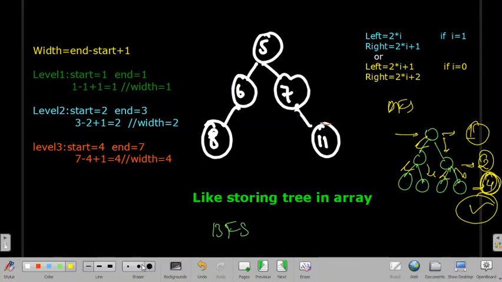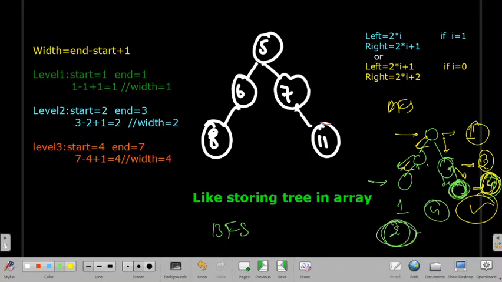But what if my tree is like this, like this, like this? If we do BFS, from here we have only one node, and from here we have only one node. So total on this level we will have only 2 nodes, but still we have to write 4, because if we are finding width, the width will be 4. But if we are doing BFS, we have only 2 nodes, so we'll write 2, which will be wrong.